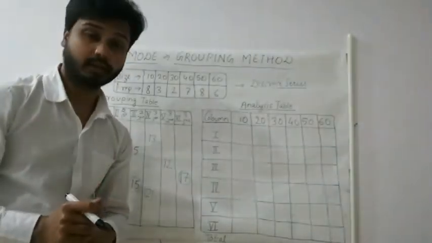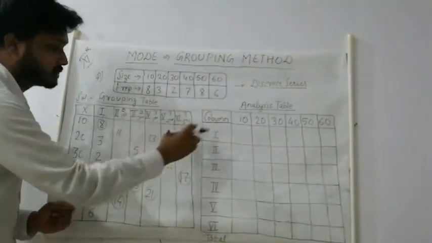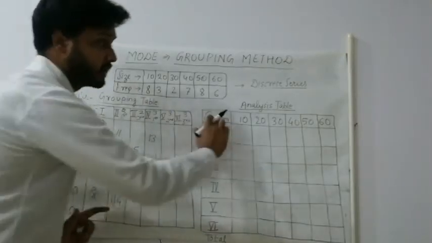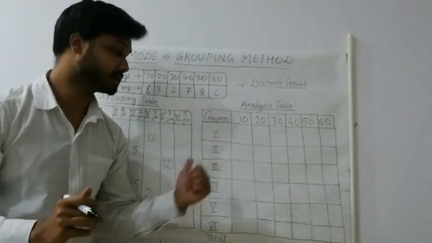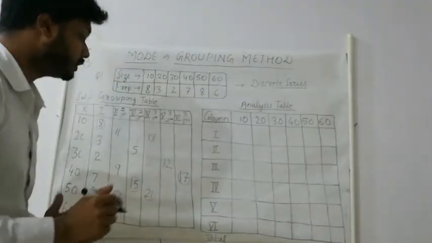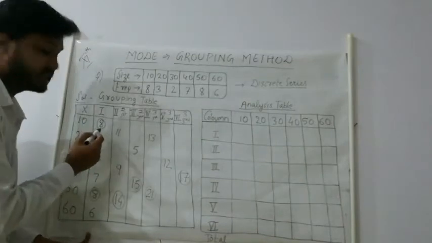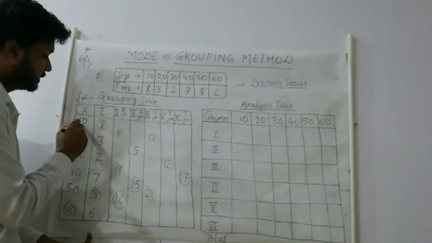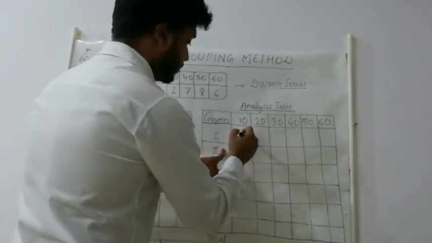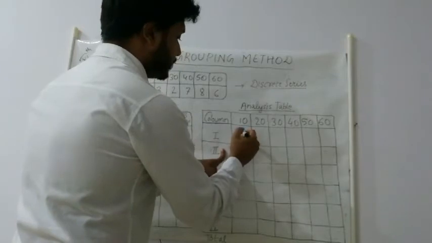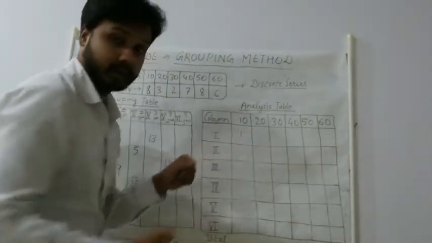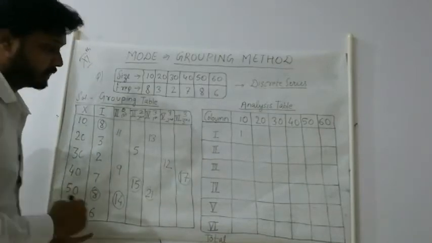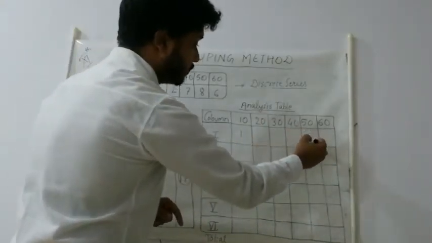In the analysis table you can see that these columns we have now written vertically, and this class size we have written horizontally. Okay, this is the change you will have to make. What we will analyze is the highest values that we have marked. 8 is part of which size? 10. Okay, so we will write here 1. You can also tick mark. Then again 8 is the highest value here. It is part of which one? 50. So in 50 also we will write 1.